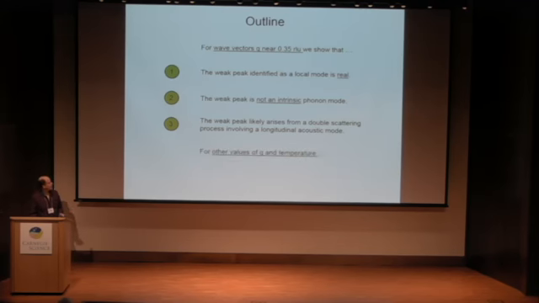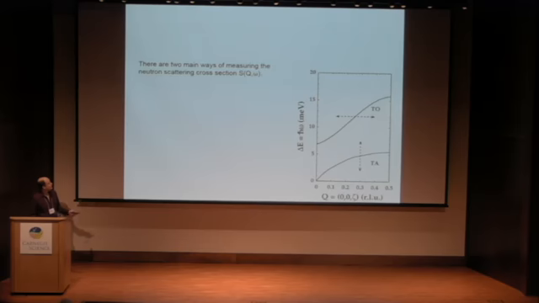And then for other values of Q and temperature, okay, we suggest later on a possible model to explain the apparent temperature-dependent dispersion. Okay. So to start with, since I'm a neutron scatterer and I'll be showing a lot of neutron scattering data,